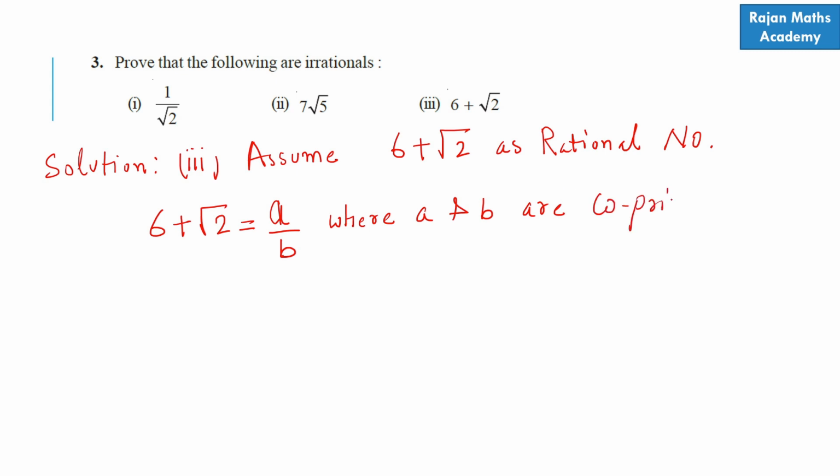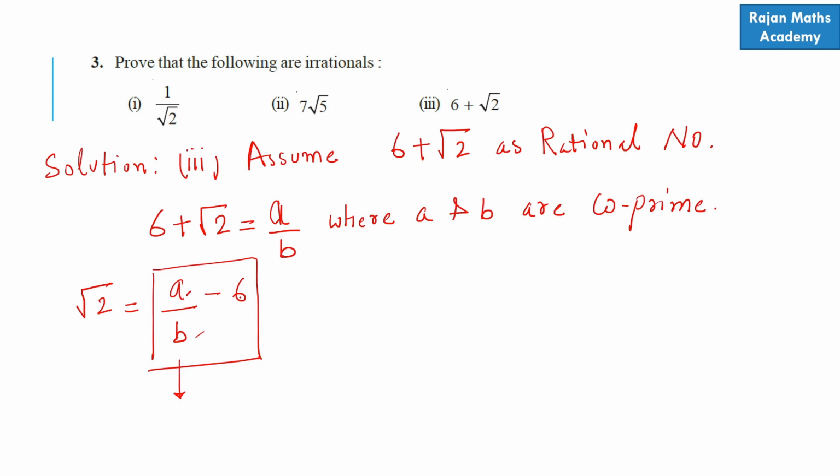So root 2 is, take 6 this side, a by b minus 6. See RHS, a is an integer, b is an integer, this is a rational number, this 6 is also a rational number, the difference of two rational numbers is also a rational number, so RHS is a rational number,